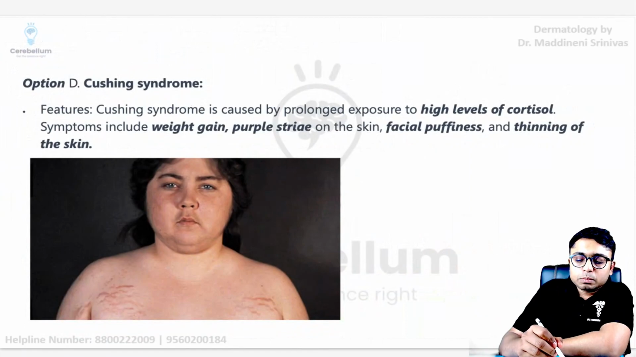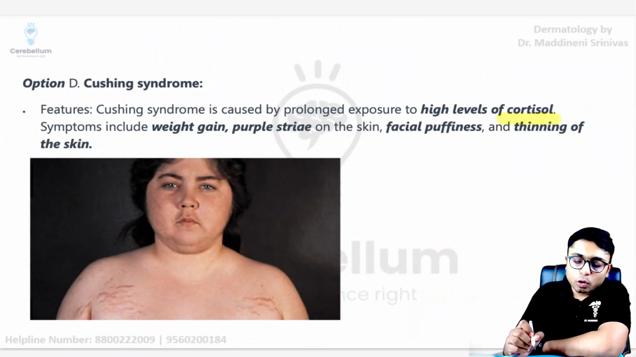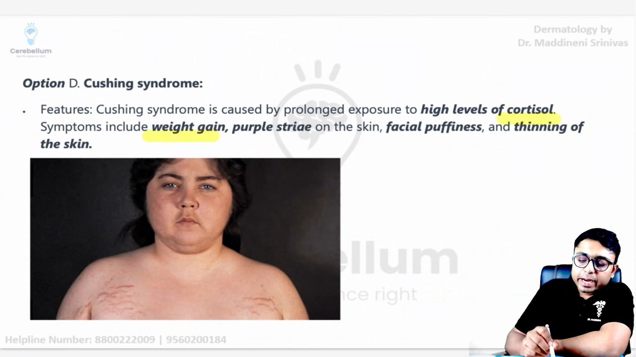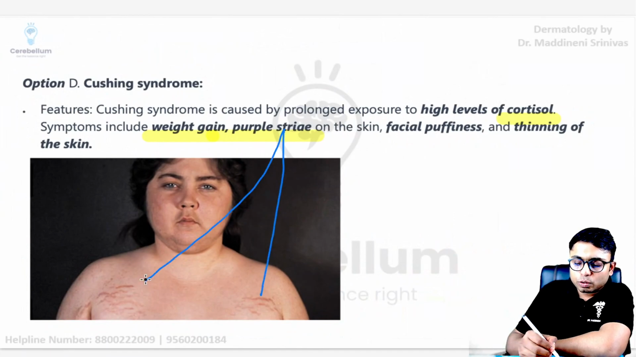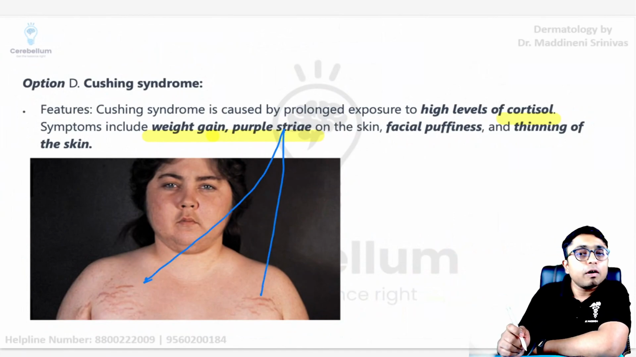And Cushing syndrome is basically because of high levels of the cortisol hormone, cortisol, and there is going to be weight gain and purple striae, which are nothing but the stretch marks which you are able to see. So these will be the manifestations of Cushing